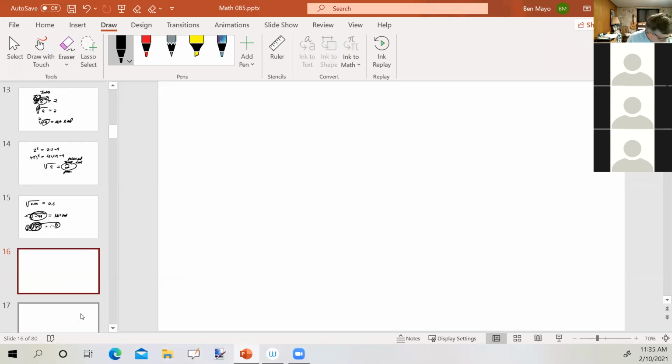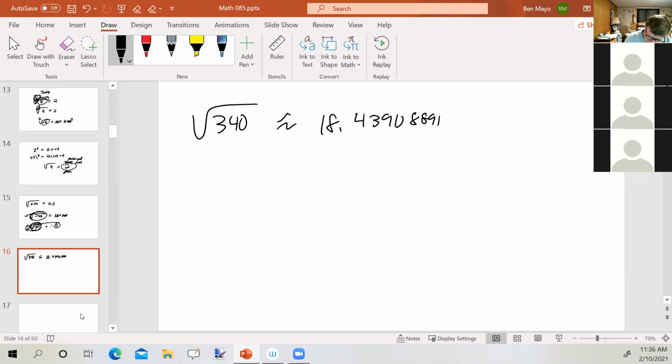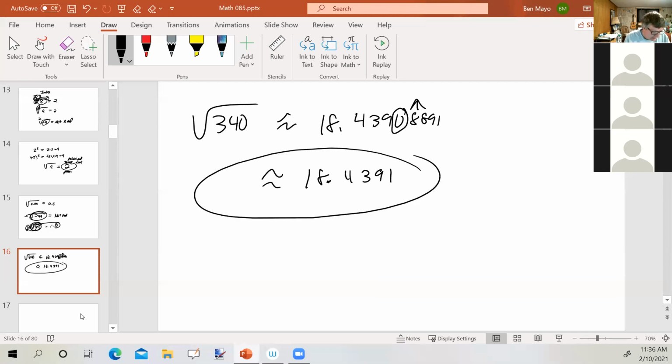All right, now on a calculator, let's approximate the square root of 340 to 4 decimal places. So second calc 340, close it up. I'm getting 18.43908891. 4 decimal places would be the 0, the 8 would round up. So 18.4391 would be the answer. Any questions about that one? Okay, now,